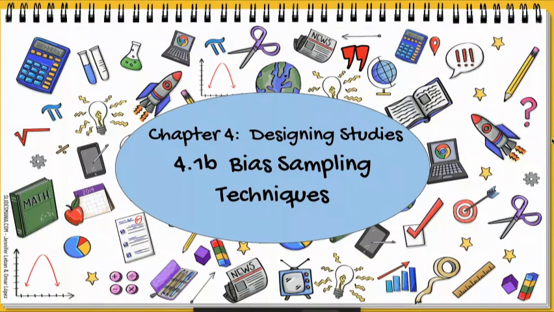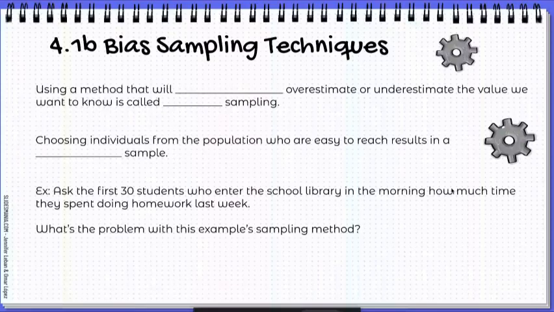Chapter 4, 4.1b is bias sampling techniques. So, using a method that will consistently overestimate or underestimate the value we want to know is called a bias sampling. So, we do not want a bias sampling. We want it to be truthful, we want it to be representative, and we want it to mimic what is actually going on in the population. So that's why we need to look at what causes bias and see what we can do to limit it